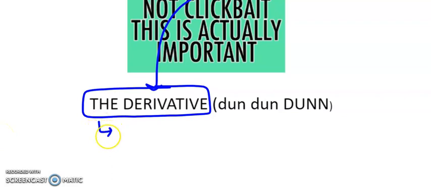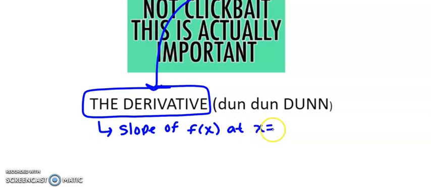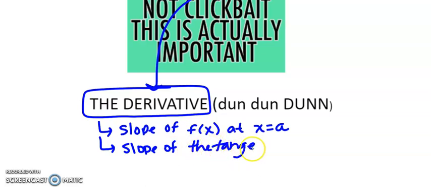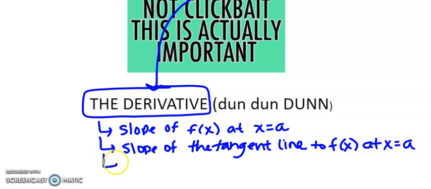The derivative can be thought of as the slope of a function at a specific point. So the slope of f of x at x equals a. This also could be then the slope of the tangent line to f of x at x equals a. This could be equal to the instantaneous